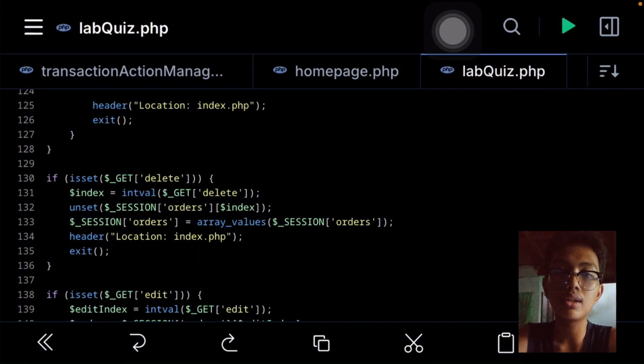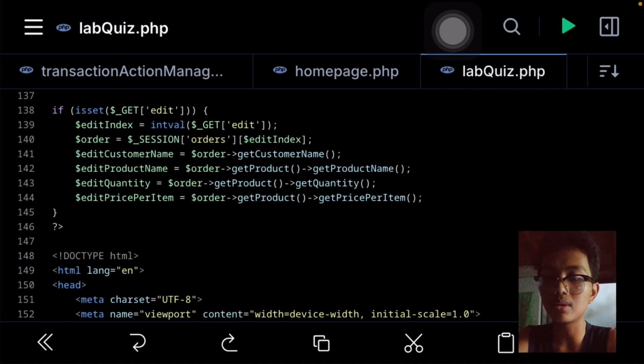Next, for the edit operation, which is done by clicking the edit button.